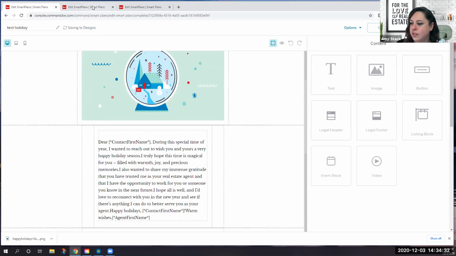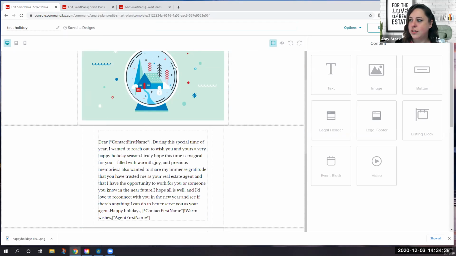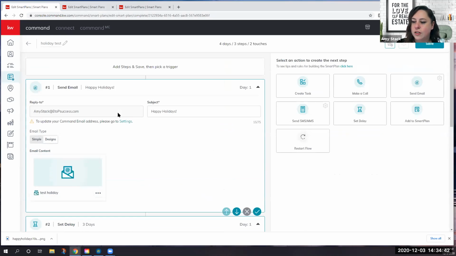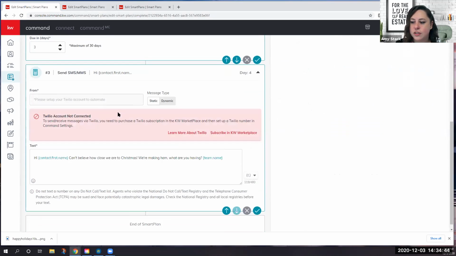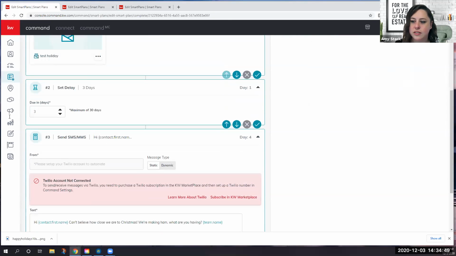Uh-oh, it froze on us. There we go. I clicked too much at one time. So yeah, the merge fields will feed over there. All right, so I just did the 3 steps, but basically what I did was that twice, and I set up the days in my campaign